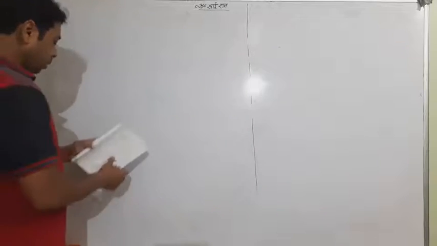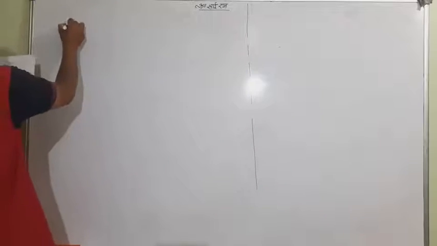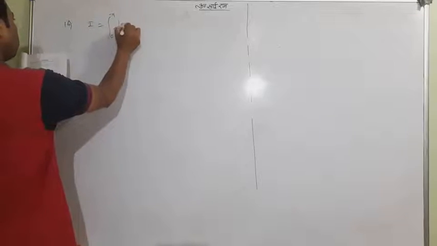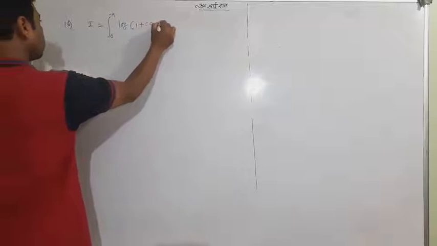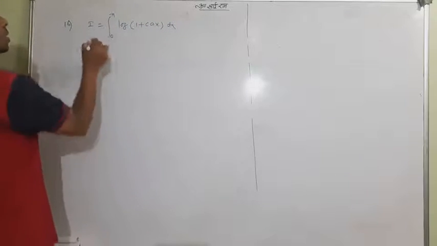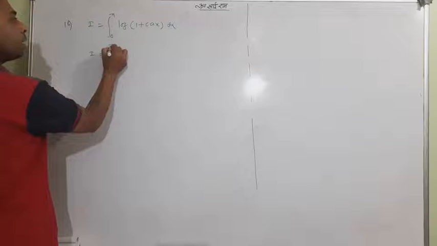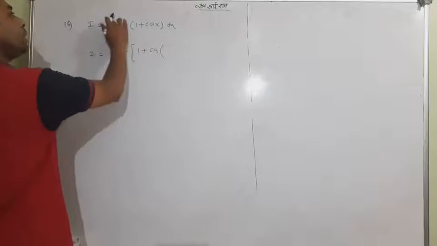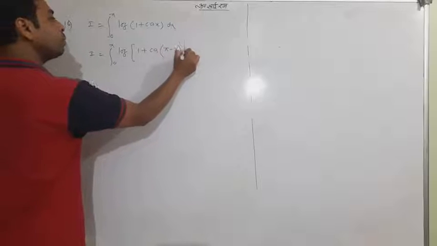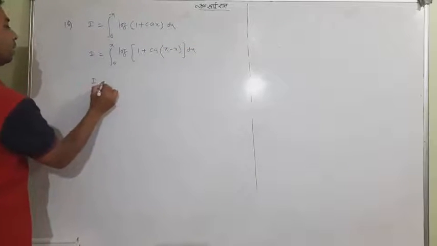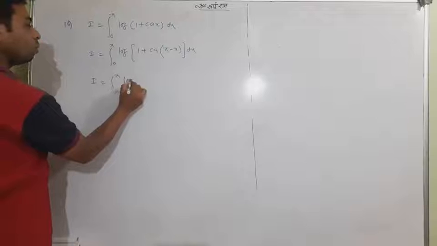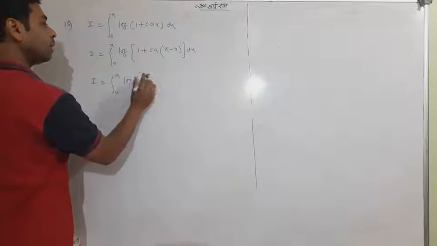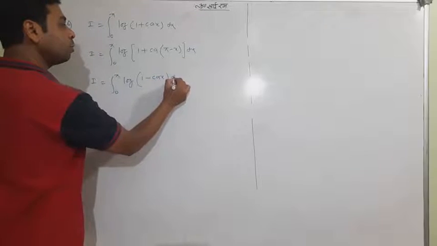It is question number 16 I am telling you. I is equal to integral 0 to pi log of 1 plus cos x. Let's start quickly. 0 to pi. I will write the first famous property, you know it now: integral 0 to a of f(x) equals integral 0 to a of f(a minus x). So I will be integral 0 to pi log of 1 plus cos of (180 minus theta), which is minus cos theta, by the quadrant system, you know it.